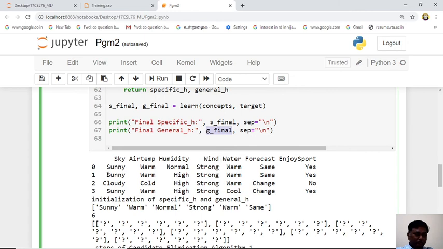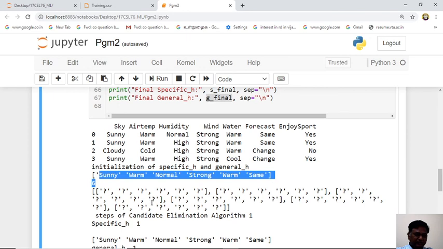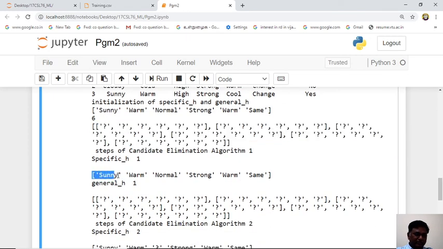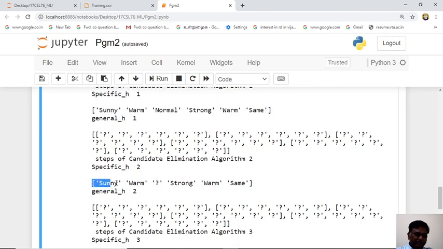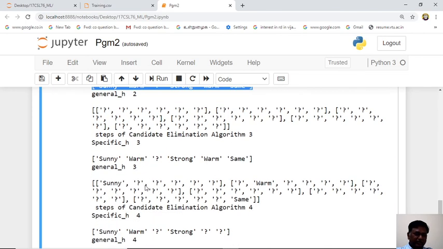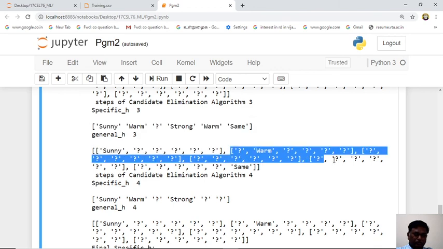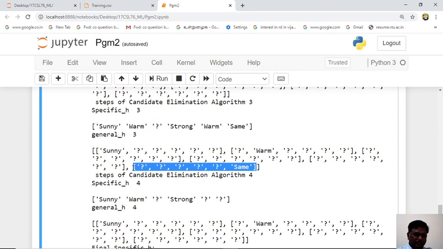You see the output, this is your input, the entire input. First we are initializing the specific and general. So step 1, this is your first specific case. At that time general 1 is empty. This is your specific 2. At that time your general is empty. The third data is actually negative data. So whatever was S2, that is assigned to S3. In G3, these 3 things were generalized, 1, 2 and 3. So these 3 were generalized.